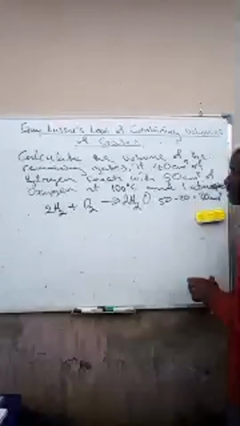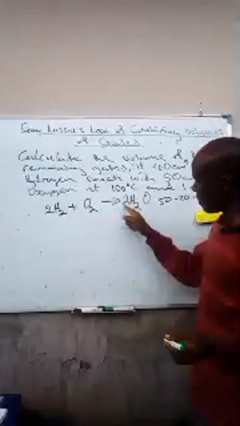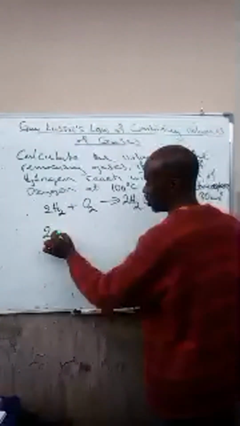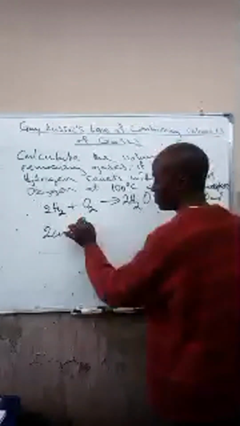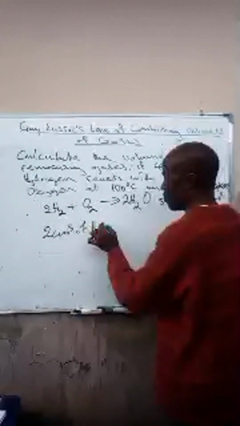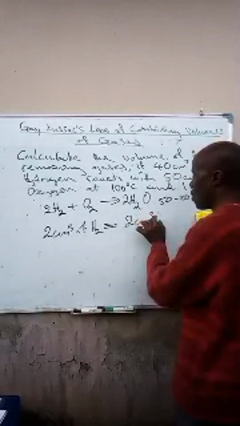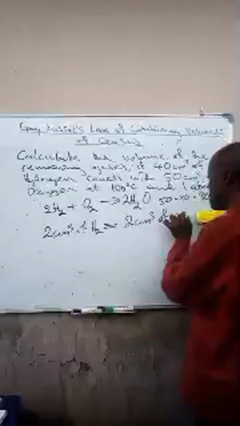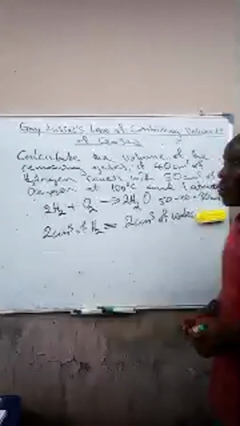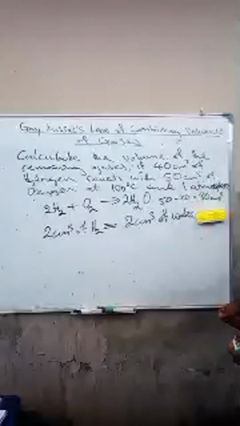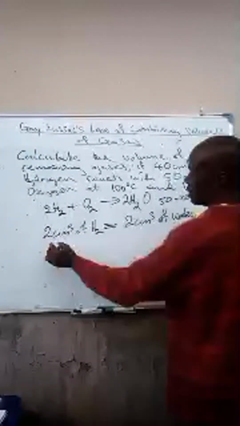That means gas. So from this chemical equation we have here, 2 cm cube of hydrogen will give us 2 cm cube of what? Of water vapor. So then 40